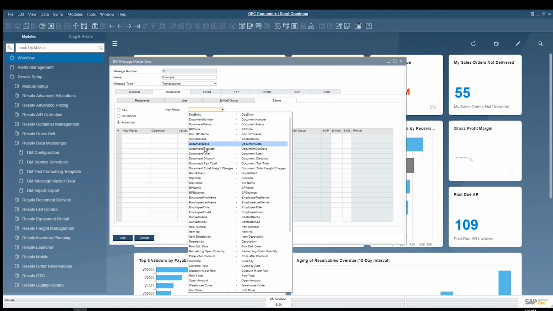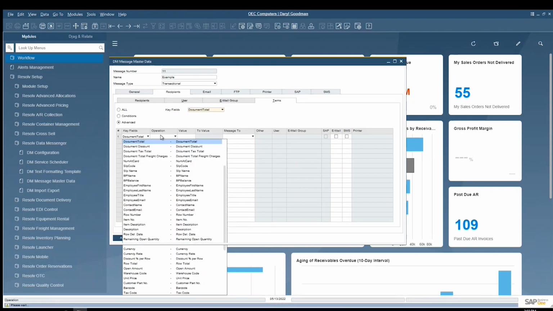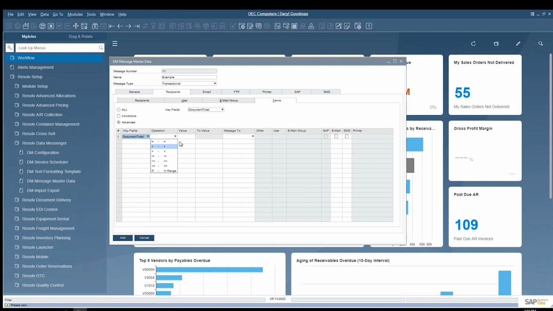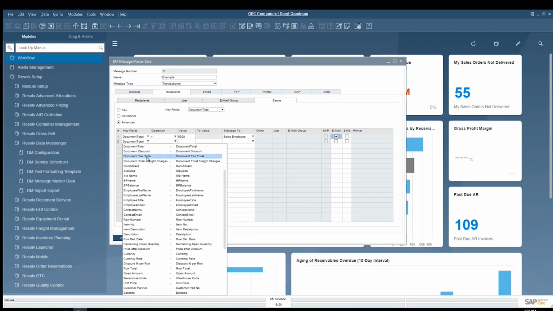So instead of just being able to pick a value up here and then choose which ones I want, I can actually come down here and choose greater than or less than or anything else along those lines. I'll send them an email, but I can have a different rule. So let's say that